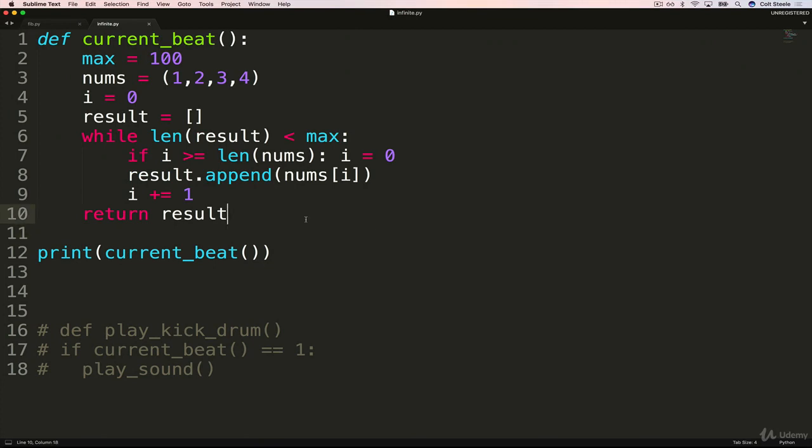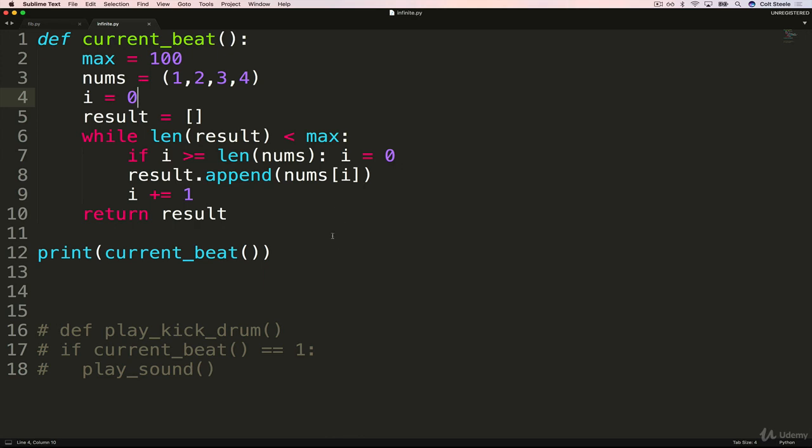And let's say that I had 10,000 measures or 1,000,000 measures of music going. For this to even begin to work, I guess I could generate this first, and then I could loop through it one item at a time. But for that to begin to work, my list would have to hold 4 million? If there's 1,000,000 measures and there's 4 beats in the measure, that means 4 million things that it's holding at once before we even begin. And that's bad because lists, as they grow, take up a lot of memory. And I only need one thing at a time.